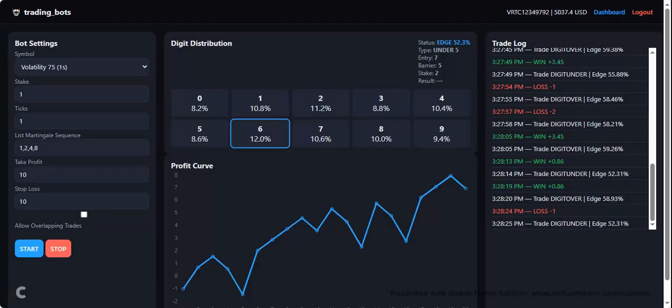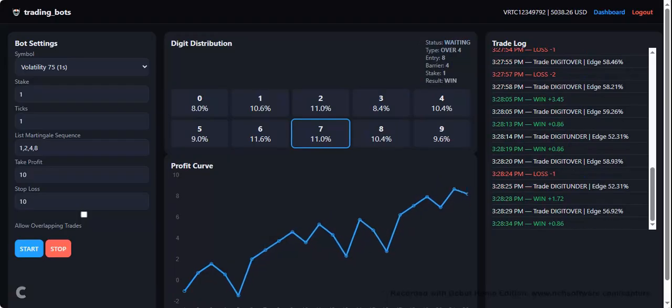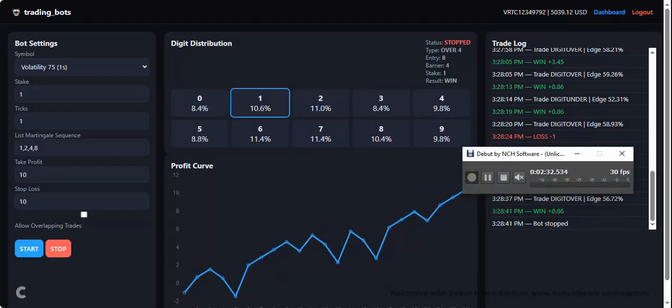The over 4/under 5 bot uses a Markov Chain transition model to calculate grouped probability for the next digit based on the previous tick state. In simple terms, the bot studies recent digit movement patterns and predicts the likelihood of the next outcome. It only enters